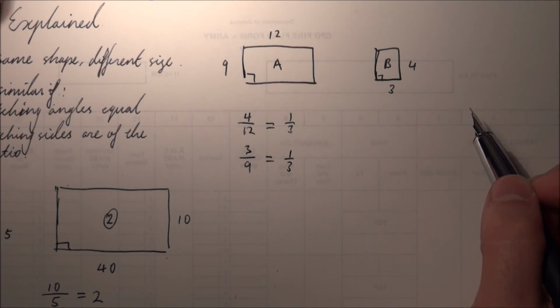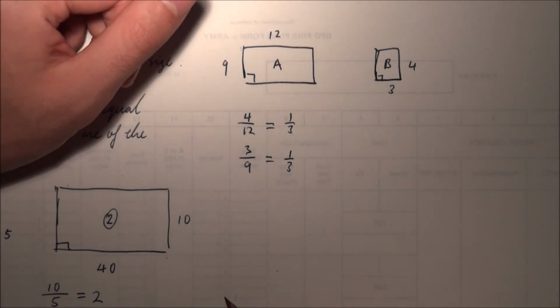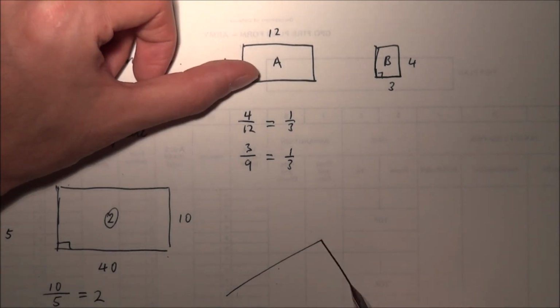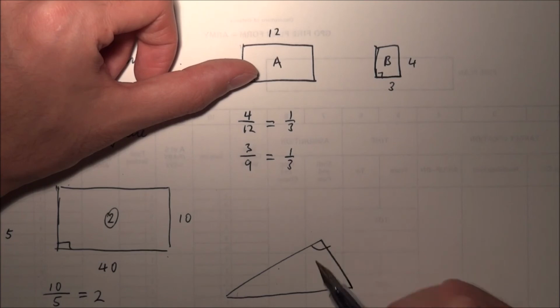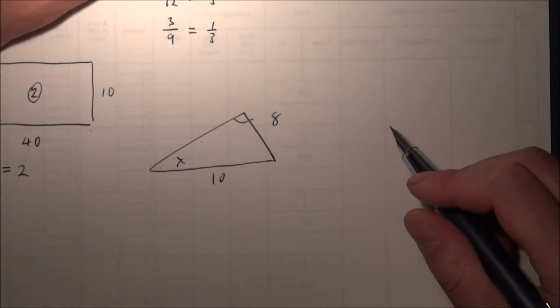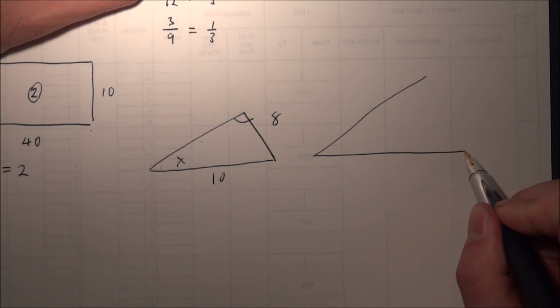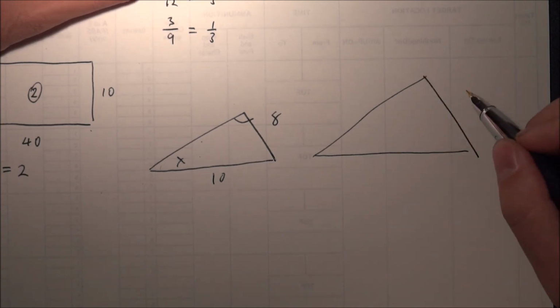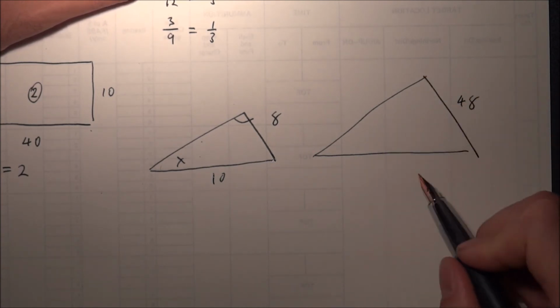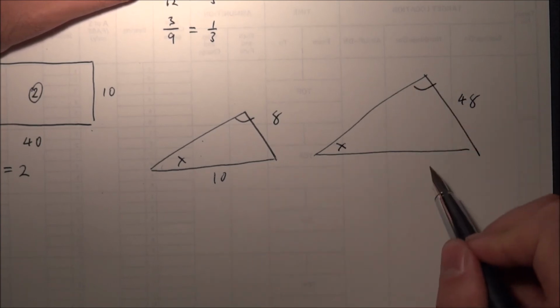What can we use this information for? Well, let's have a look at something rather contrived. So a triangle, side length 10, side length 8. And another one. Of course, it's not drawn to scale, otherwise it would be too huge. 48 and x here. As we can see, these two are meant to be similar,